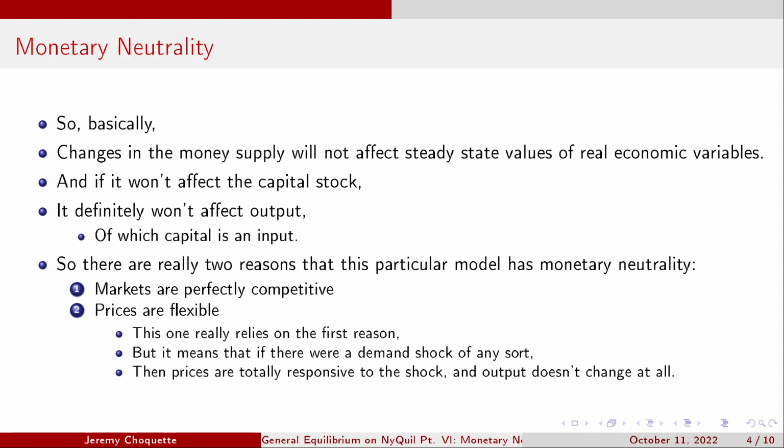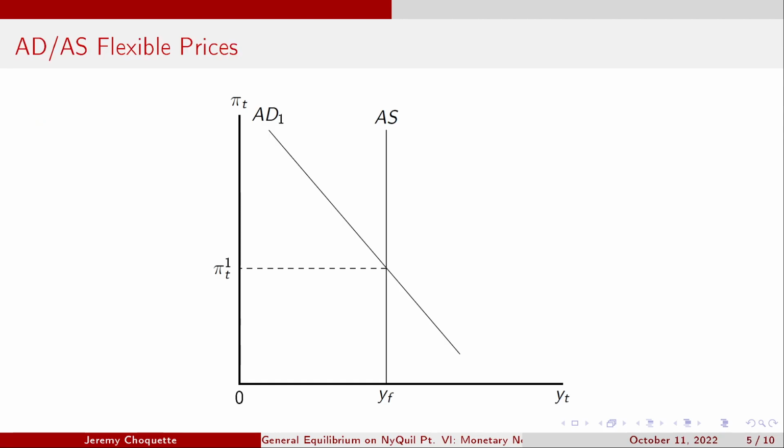But what this means is that if there were a demand shock of any sort, prices are completely responsive to the shock, and output doesn't change at all. So you have a vertical aggregate supply curve in price and output space, right? Now you've got your downward sloping aggregate demand. If you think about aggregate demand, you think of it like a demand function. So aggregate demand is downward sloping, but we've got a vertical aggregate supply, which means